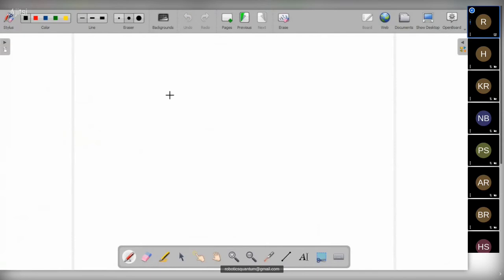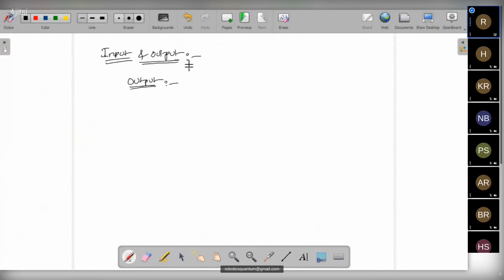To get the input and to give the output, we need input and output functions. So, first we'll go with the output part.